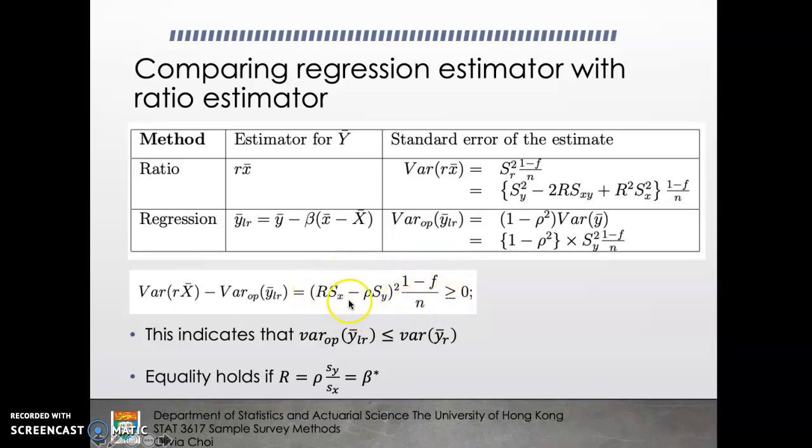So the product of these two is always greater than or equal to 0 again. If a minus b is greater than 0, then a must be greater than b. So we can say that the estimated variance of the linear regression estimator is always less than or equal to the estimated variance of the ratio estimator. So again, the linear regression estimator is always as good as or better than